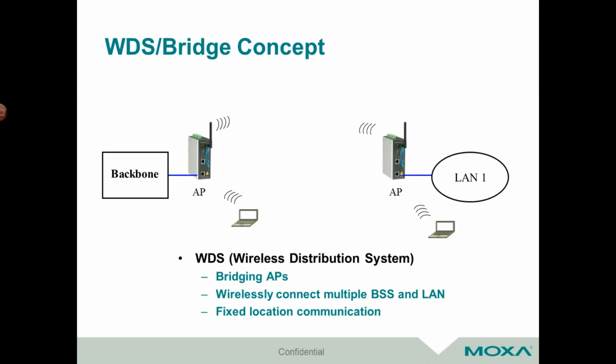Now, there's another type of topology which is known as WDS, or bridging, and this is typically going to be a point-to-point topology. There are a few different ways to do this. Some of them are proprietary, some of them are not. WDS is one of the older standards. It stood for Wireless Distribution Systems, and it's still in use today, but it's a little bit more complicated to set up because you need to know the MAC address of each device that you're communicating to in that bridge